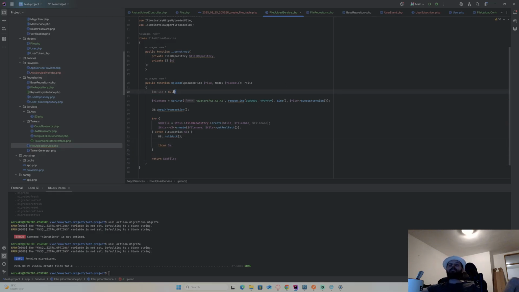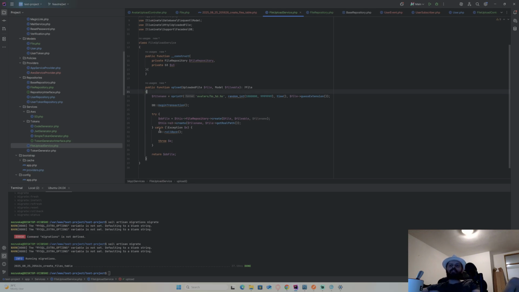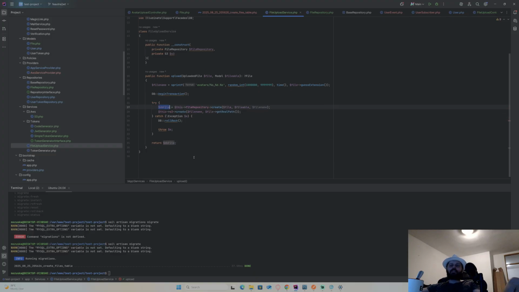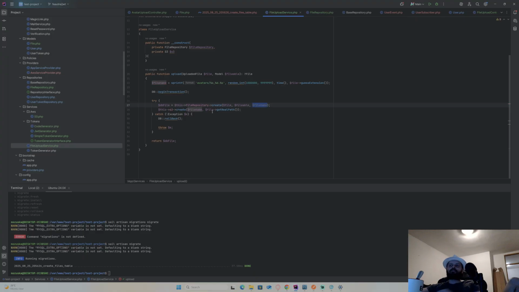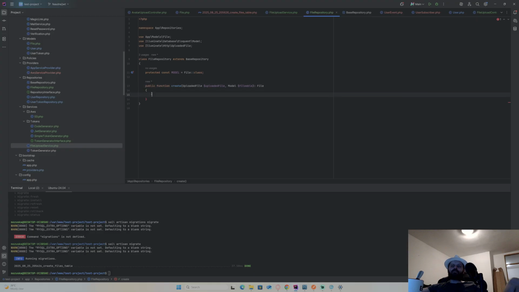Actually no, I don't need this because this is throw here. So this db file definitely gonna be here because if exception is thrown, it won't get past this, right? If it's not thrown, it will continue, but if it's thrown, it will roll back and then throw it again. It will never get here. So this db file will definitely be declared. Okay, so this is it basically. Now I just need to work on my logic to upload file to the current file repository, to the current table onto database, and now I need to set this string file name here because I'm missing that one. Alright, and now I'm gonna work on upload logic.